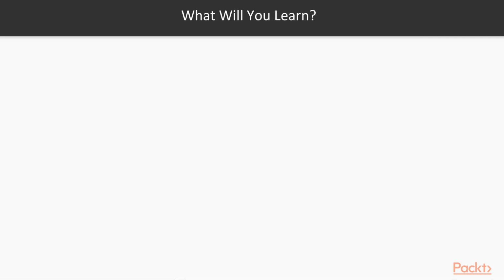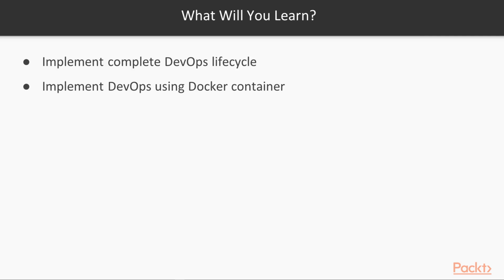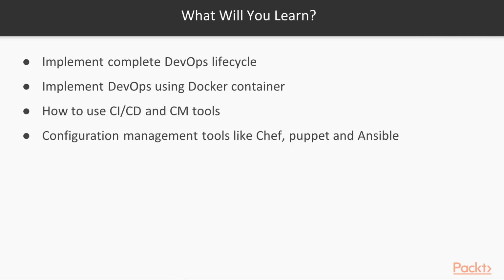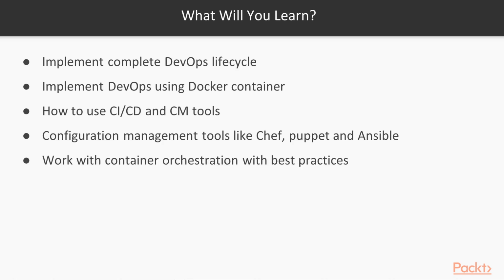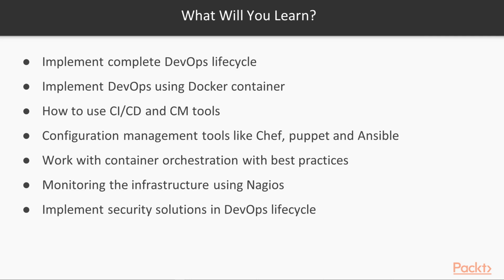What will you learn from this course? By the end of this course, you will be able to implement the complete DevOps lifecycle, implement DevOps using Docker containers. You'll be able to efficiently use continuous integration, continuous delivery, and continuous management tools. You'll be able to use configuration management tools like Chef, Puppet, and Ansible. You'll be able to work with container orchestration with best practices, monitor the infrastructure with Nagios, and implement security solutions in the DevOps